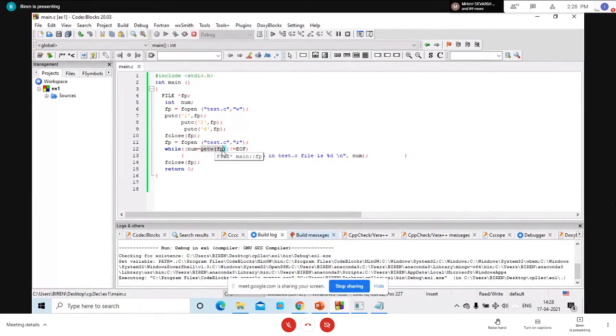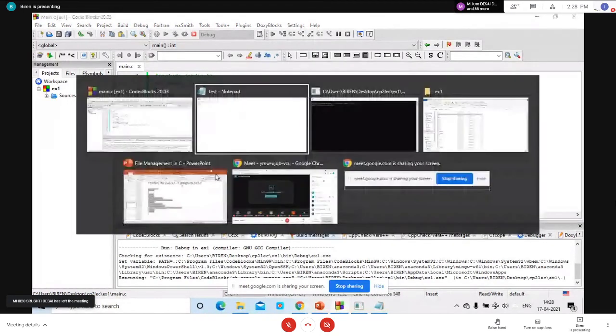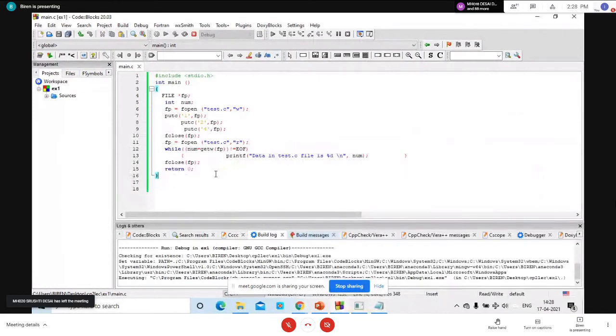Am I clear? If we try to read four characters, can we read or not? No, we cannot read. The data is completely different. In layman's terms, what you need to remember is, if you are writing an integer using putw, then you can read it using getw. Remember this statement. If you store an integer with the help of the putw function, then you can read it. Otherwise, reading of those integers is not possible.